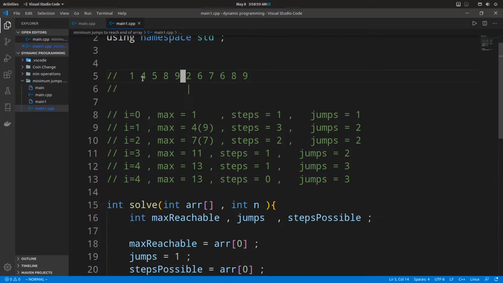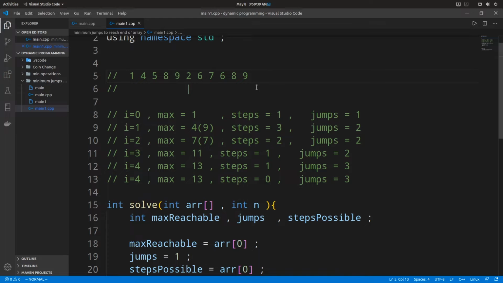So here, as you can already observe, when we take the steps from 4, we should take the number of steps in such a way that we will be able to reach further. Okay, so if you look at all these 4 elements, if we first go from 4 to 9 and then take a jump from there, because if we take a jump from 9, we can take the maximum number of steps. That means we can go much farther. So instead of taking a step from 2, where we will only be able to reach 7, we should be taking